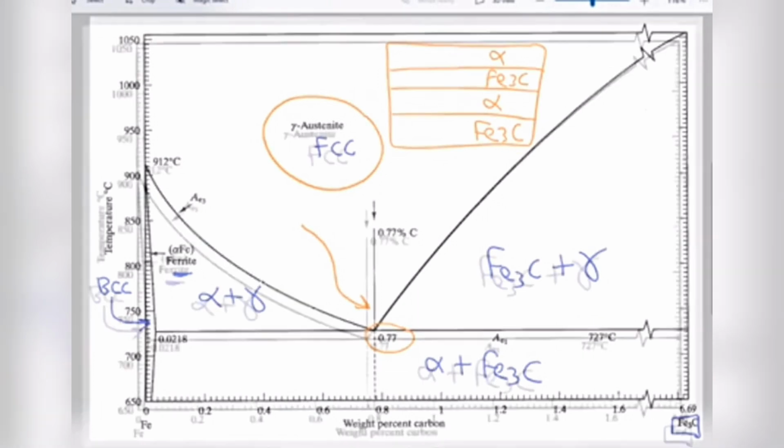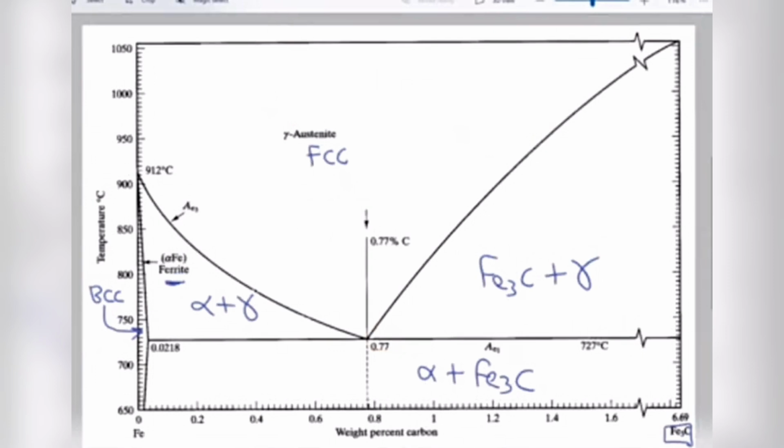Let's pick another point. This time, let's assume that we have 0.4% carbon steel at a